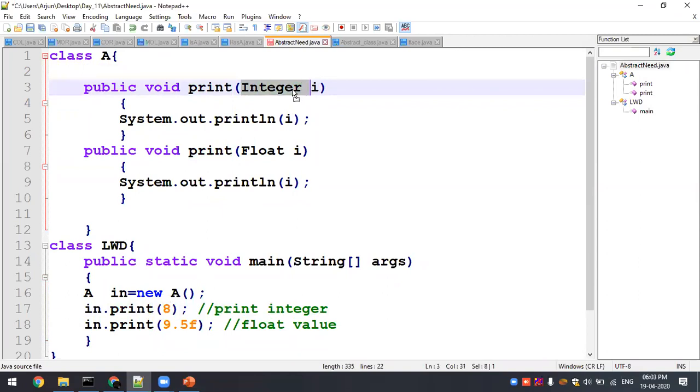So what is this Integer class? It is a wrapper class. Do you remember Integer dot parseInt? You're converting a string into the respective class type. Do you remember that? You got the command line argument of 0, and that is a string type. If you want to convert it to an integer type, you will be using the wrapper class dot parseInt method, converting string into an integer. Do you remember that concept? Integer dot parseInt of string argument will be converted into the respective integer data type value, right?